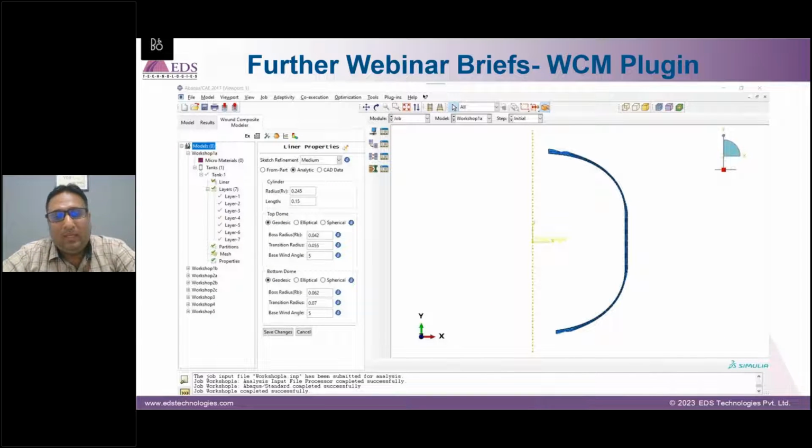And one more very nice thing that has come is the WCM plugin, that is the wound composite modeler. As we know, the era is moving towards hydrogen tanks, and where liquid propulsion rocket engines are concerned, we need cryogenic tanks which can withstand very high pressure, such as 500 to 600 bars, and then type 5 and type 4 cylinders of hydrogen and helium that have to withstand 60 bars of pressure. So this plugin allows you to understand how the liner or linerless tanks can behave in a particular manner, where you can have